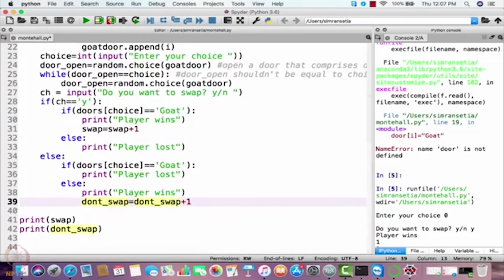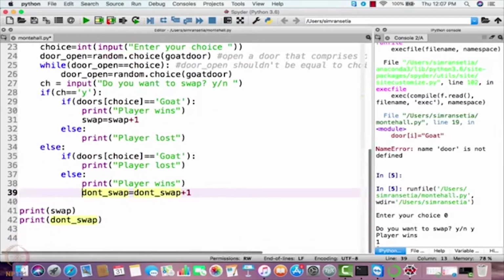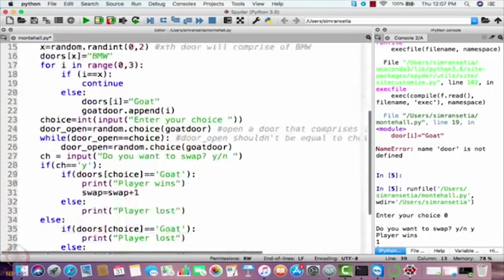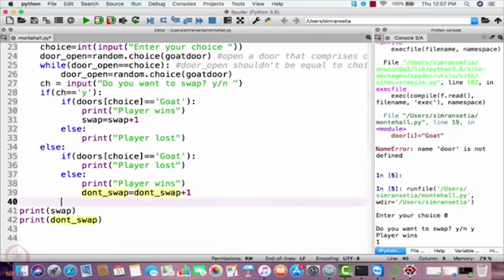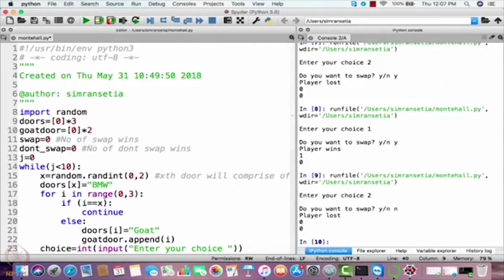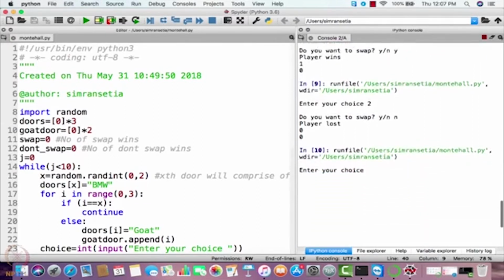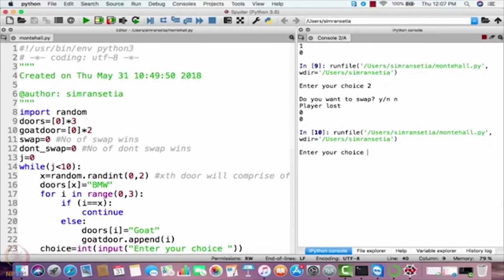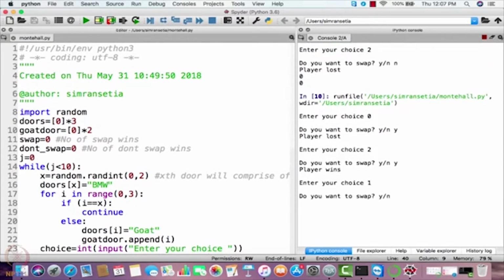Okay, now that we are done with it, let us try to run it. Enter your choice 0. Do you want to swap? Yes. Enter your choice 2. Swap? Yes. Enter your choice 1. Swap?